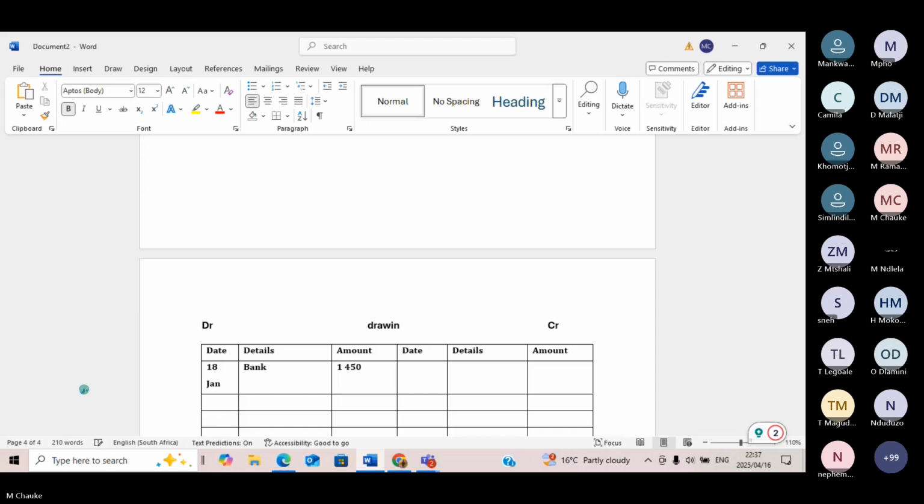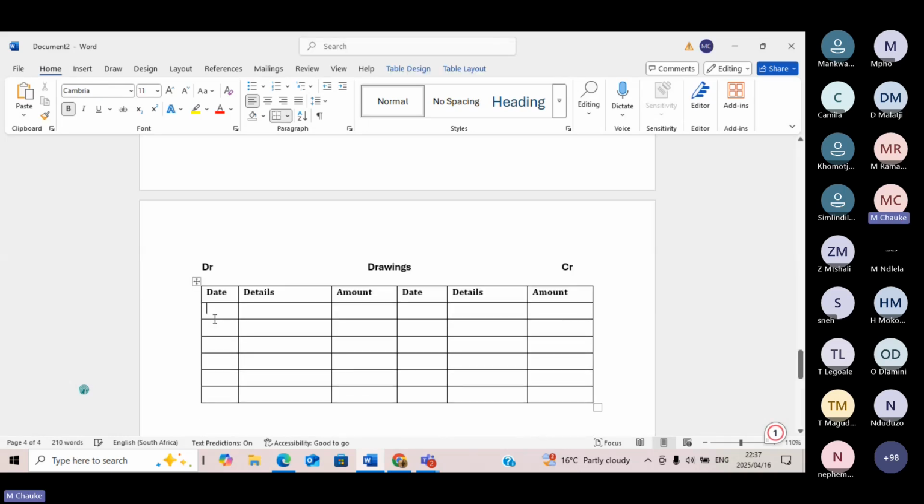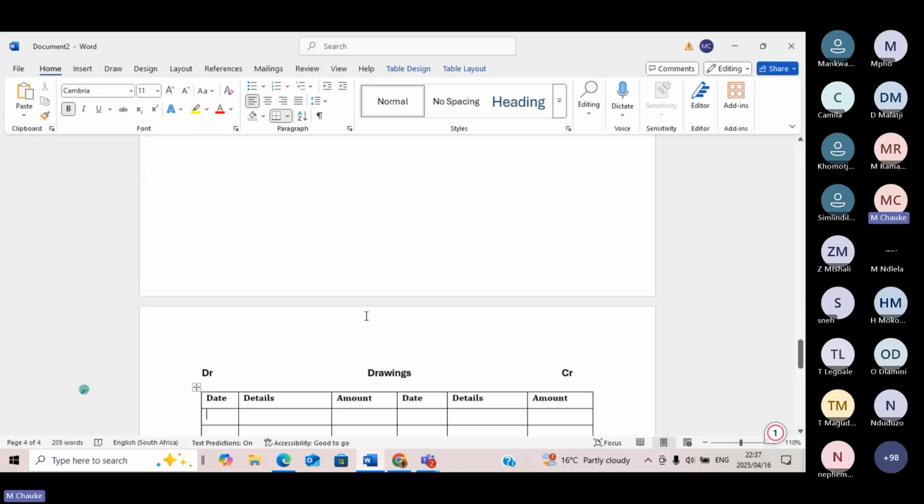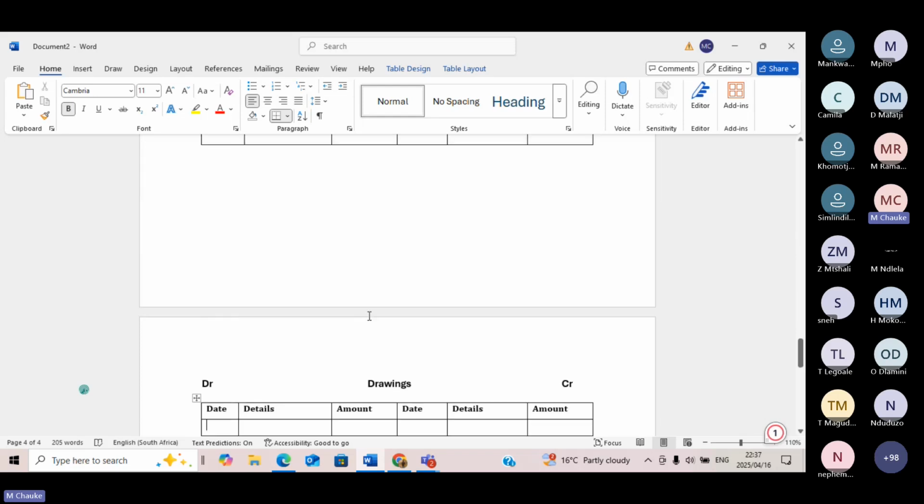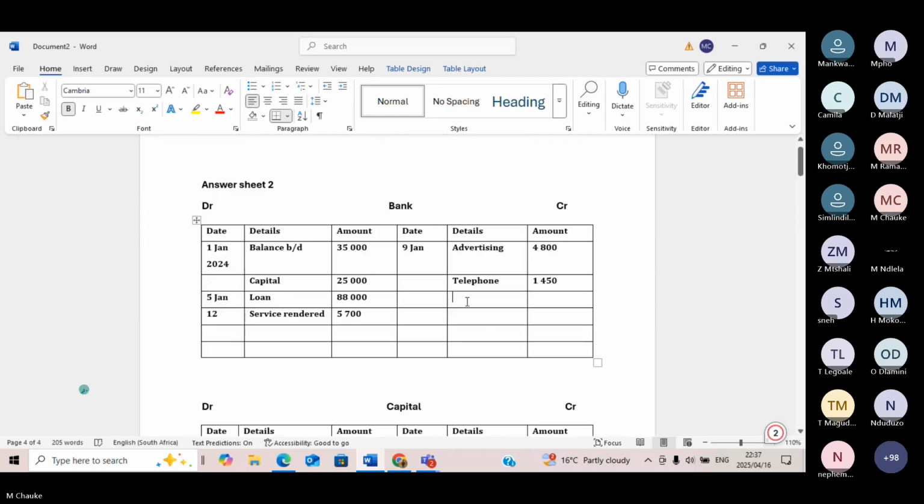Drawings. Okay, drawings is an owner's equity account, but it decreases the owner's equity, and owner's equity decreases on the debit side. So when you record this transaction, your bank is decreasing, because the owner took money from the bank to pay his personal stuff. So you go up to the bank account on the credit side and say drawings